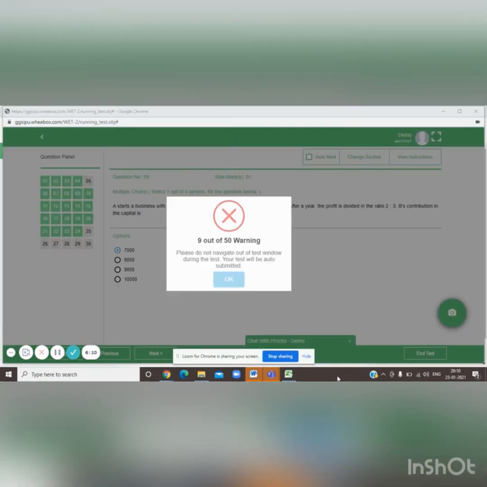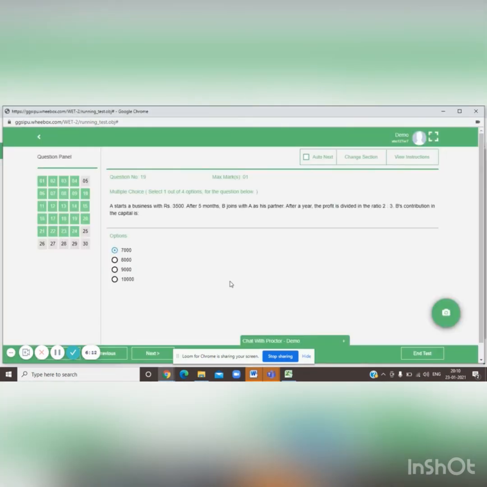There is a navigation count of 30 on the main papers. If the candidate tries to minimize the screen or toggles to another screen, the candidate will get a warning.